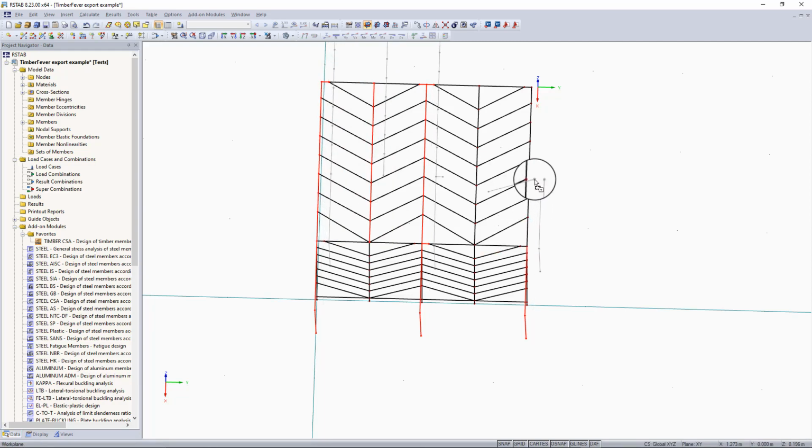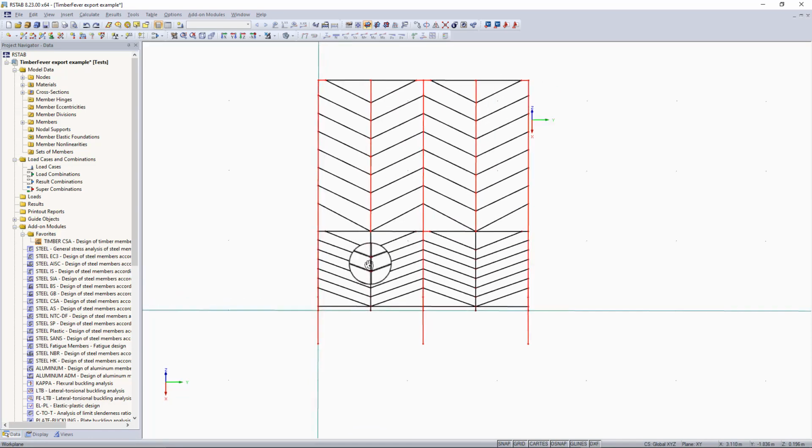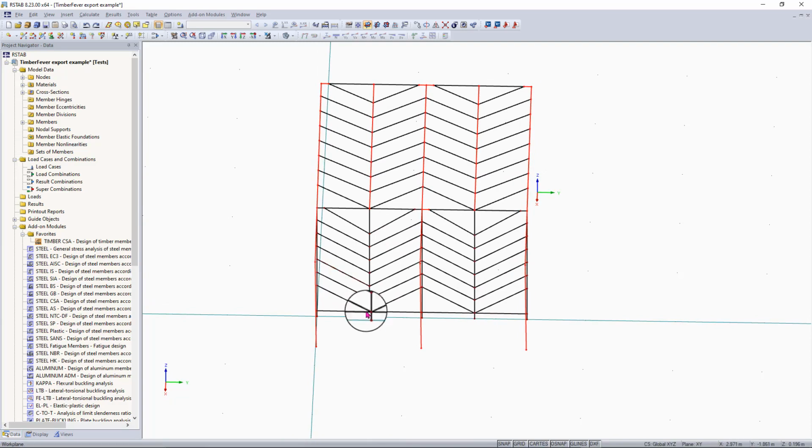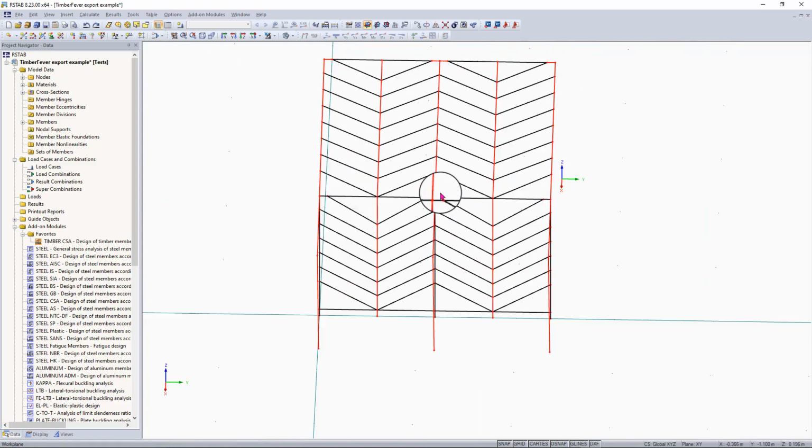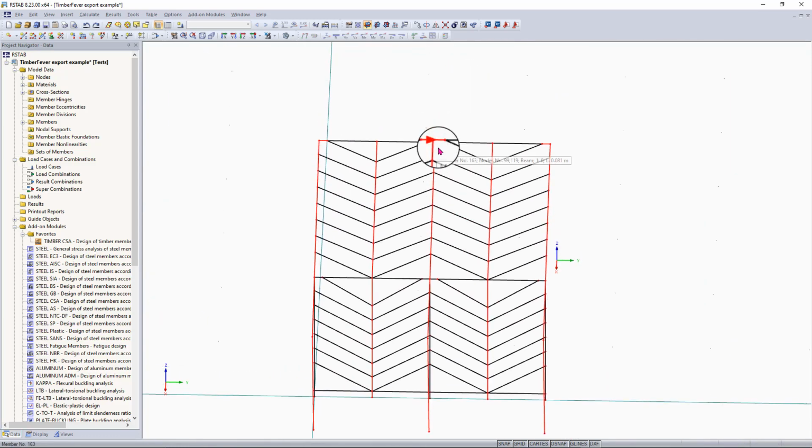Same goes for lines that you wanted to select but didn't get to select. So we can just hold Control, making sure we keep holding Control to select multiple lines at once. And then we want to do the same thing for these lines down here. And you'll see that we have these smaller lines. We can hold Control and deselect those because we don't want to